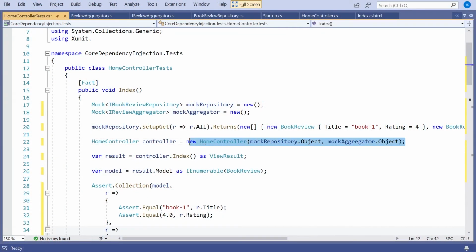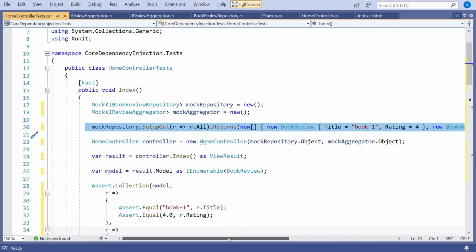And then when you're doing unit testing, strictly speaking, you're not really doing dependency injection, because remember we said the reason we needed dependency injection was we don't have access to the point in the code where the constructor is being called, into which we could pass our services. Well, that's true when you've got the full ASP.NET application, but when you're writing test code, you do have access to the constructor, and so in fact we typically don't use the injection mechanism. We just hard code it in, so we pass in our mock repository and our mock aggregator.